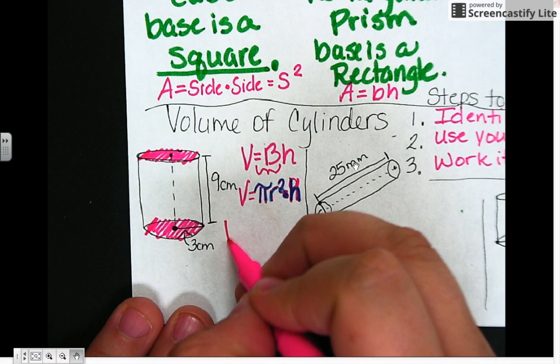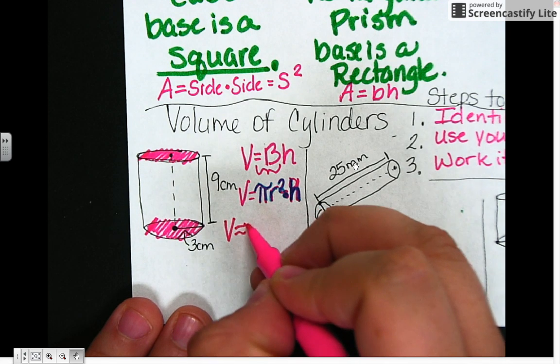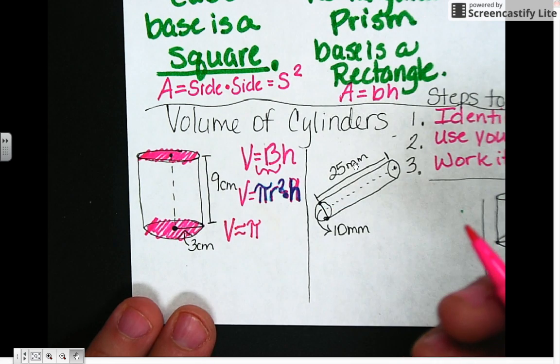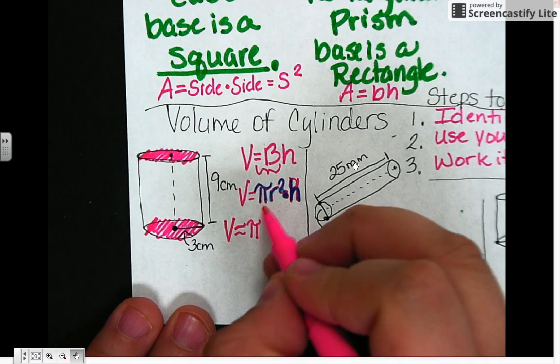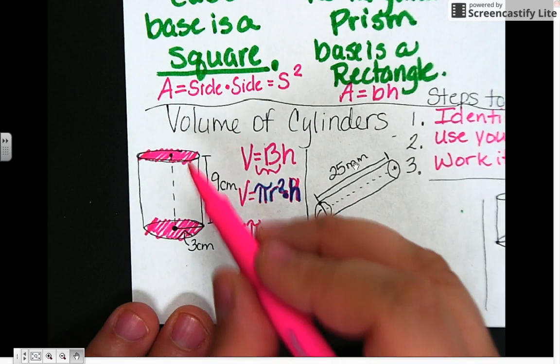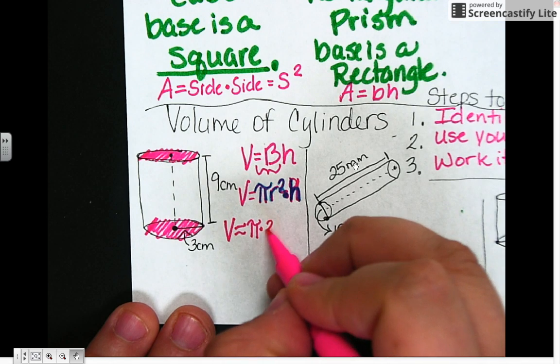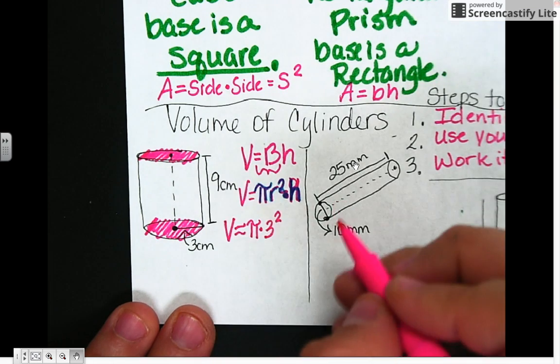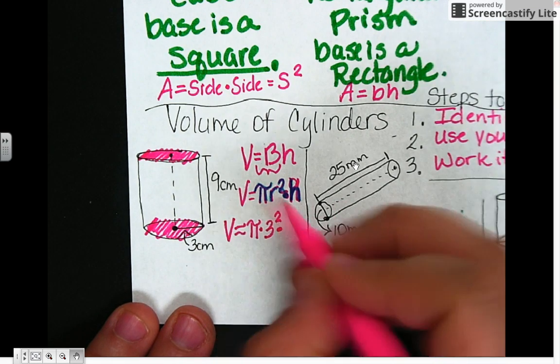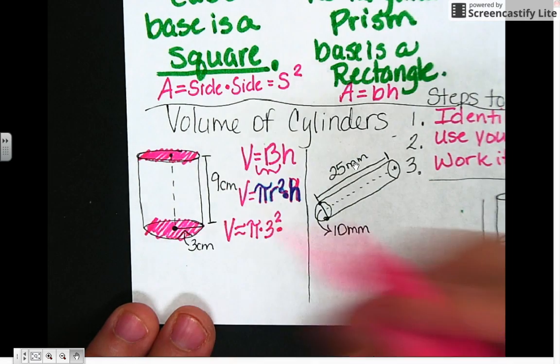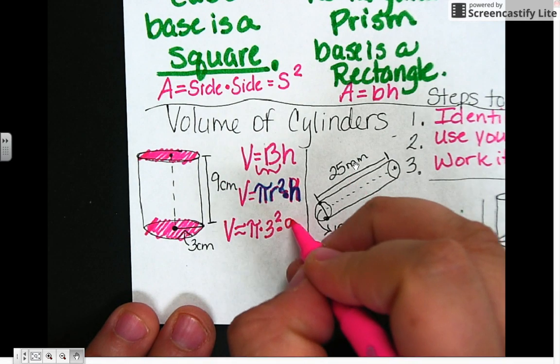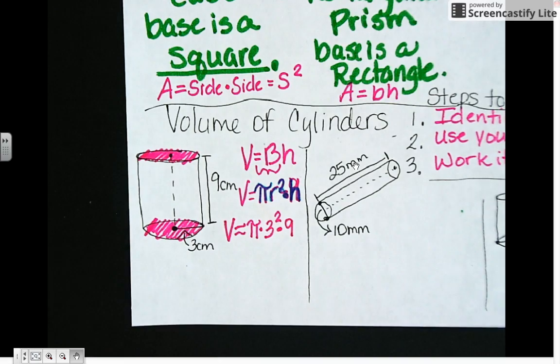So we all know that pi is already given. We're going to use our calculators, the pi button. And then we're going to use the radius. What is the radius of our cylinder? Radius is 3 squared. Don't forget the square units. And then the height of our cylinder, how many biscuits are we going to stack, or how tall is our can? This one's going to be 9. So all we got to do is take our little calculator,